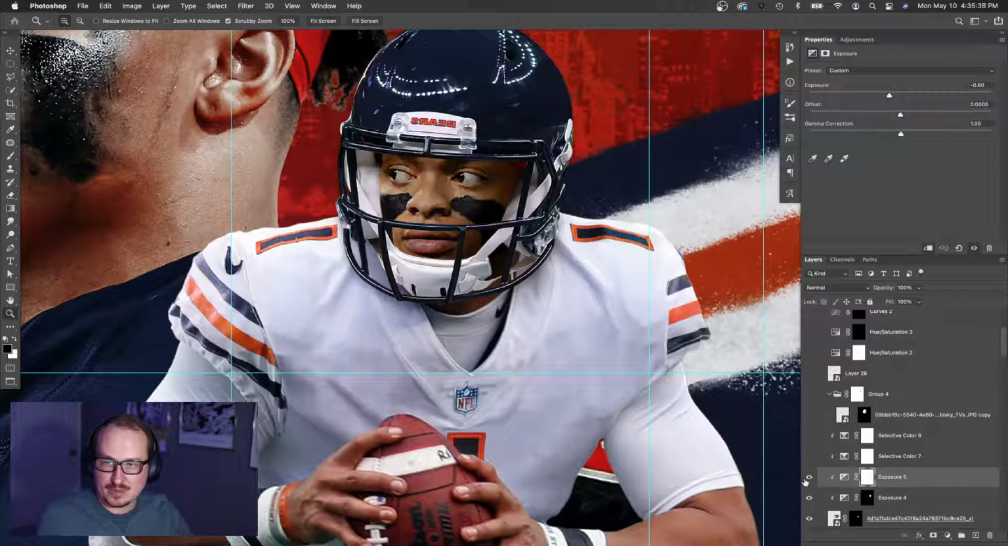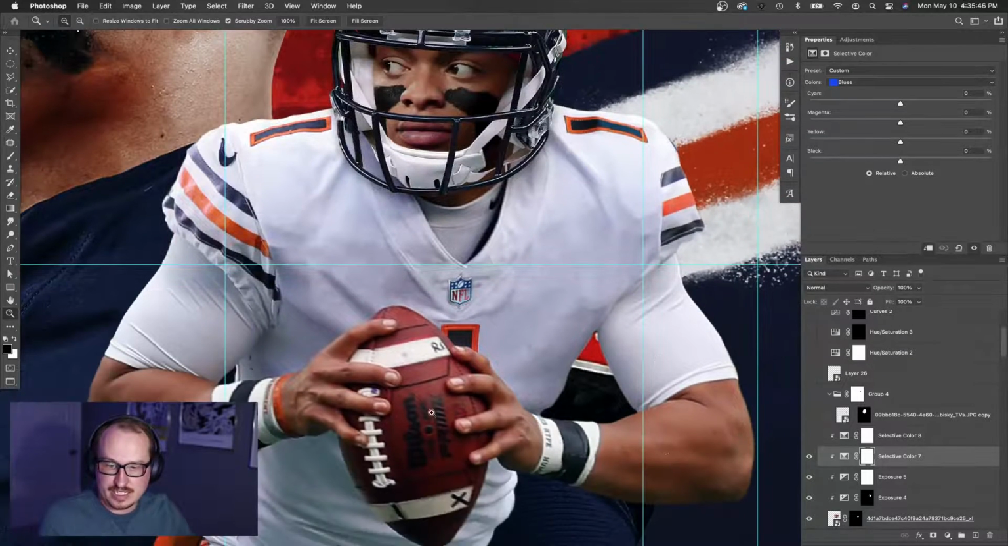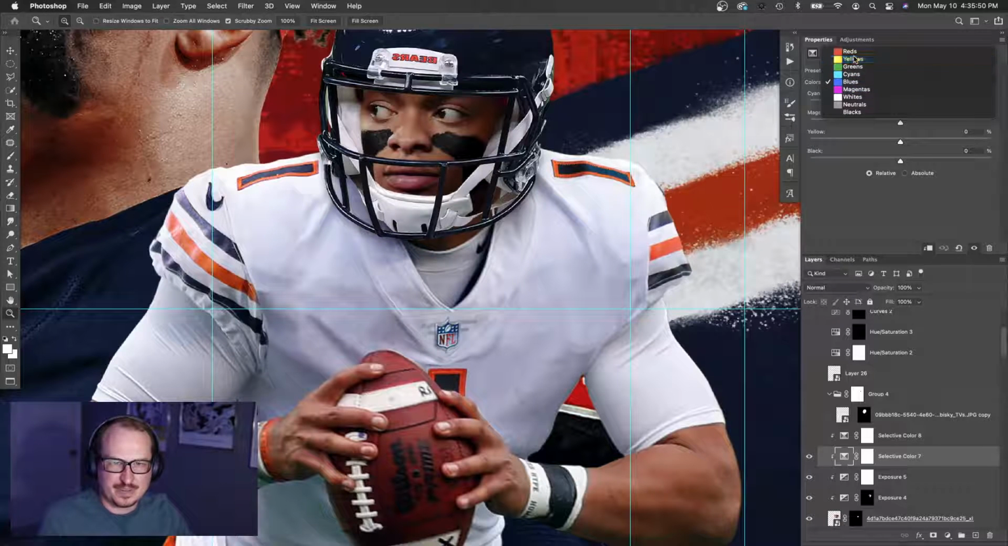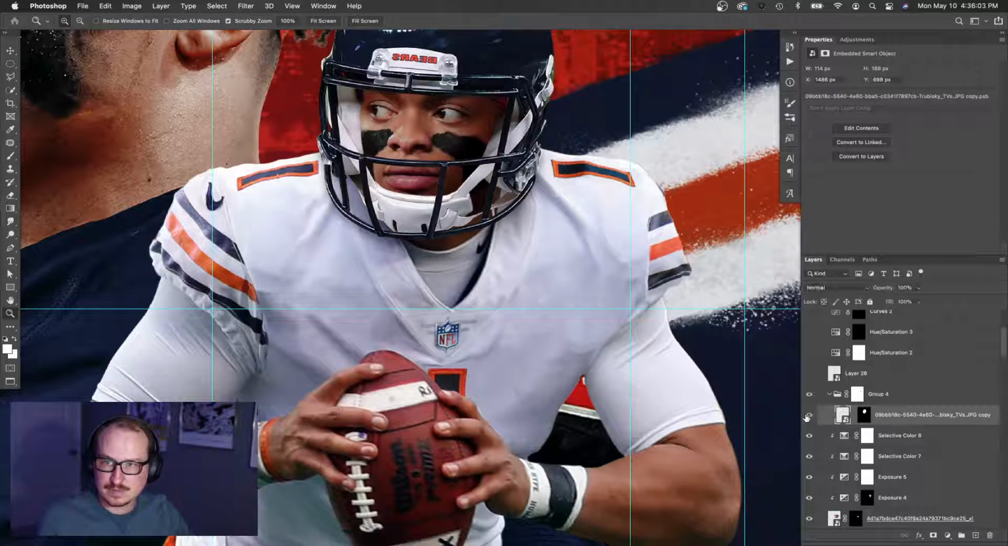I've got a bit of an exposure to darken up the whole part of it. Selective color to change the colors a bit. It was a little too different from his arms, so I wanted to match it a little bit better. And I just dumbed down the yellows, I think, or the reds. The reds, I added some magenta and took away some yellow and cyan. Added another selective color to boost the reds again. Then I have this layer, which is doing